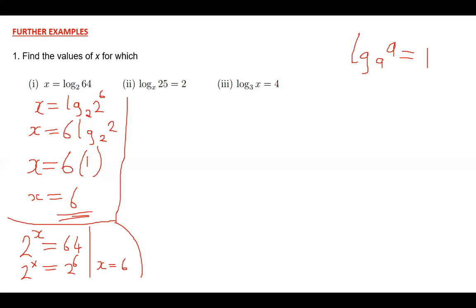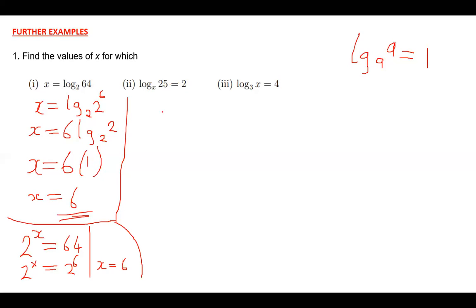So I don't know which method is easier for you. You can choose between the two. The same applies to these remaining questions. You also do the same procedure. So you have log 25 base x being equal to 2. So even this one, if you want, we can just say,